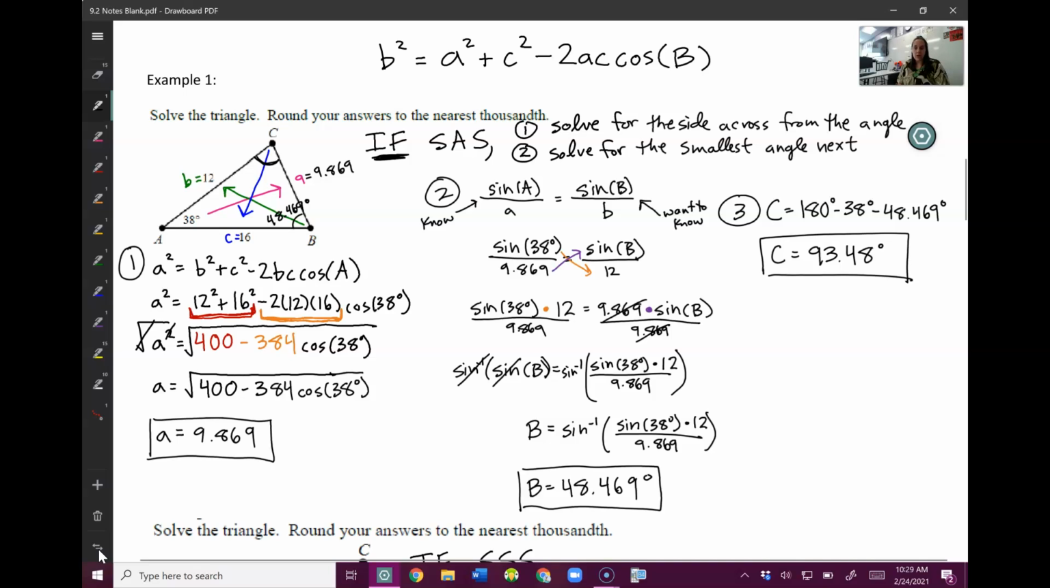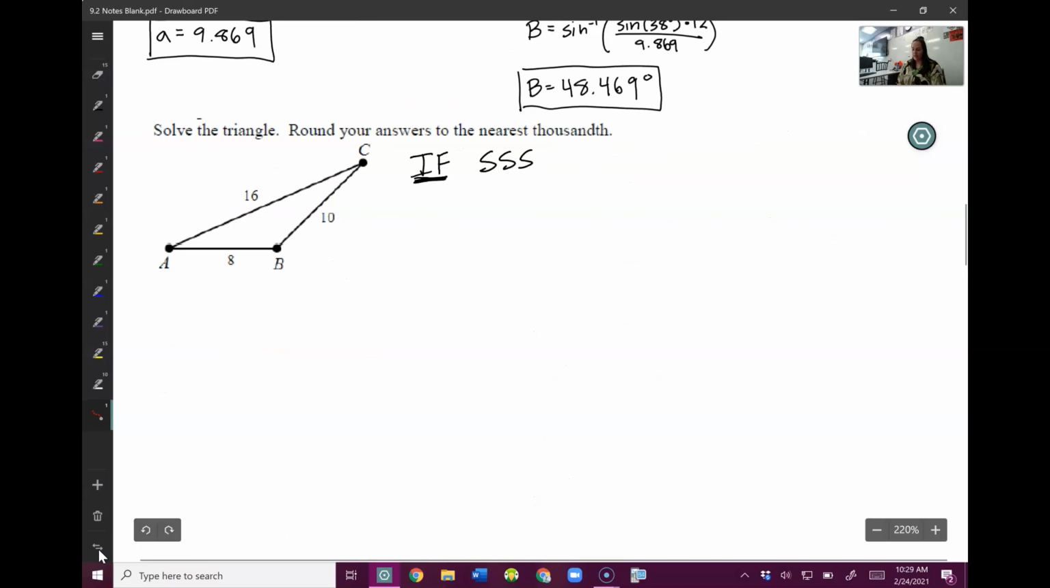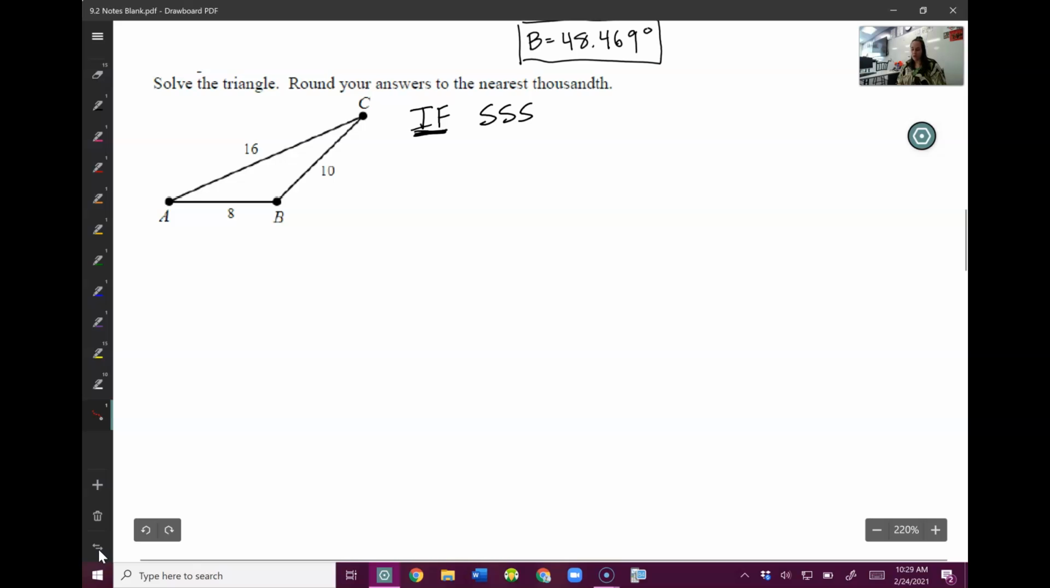So that is our first example of the law of cosines, and this is the exact process you follow if we have side angle side. In the last video for this lesson, we'll talk about the process we follow if we have side, side, side, because it's going to be quite a bit different from what we just